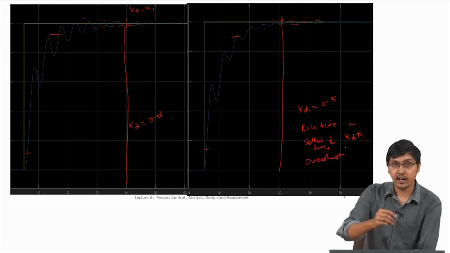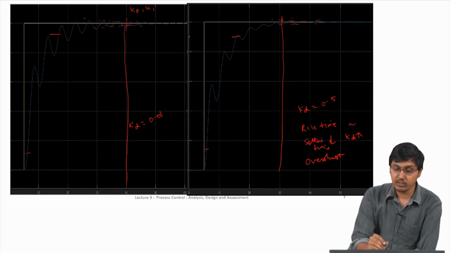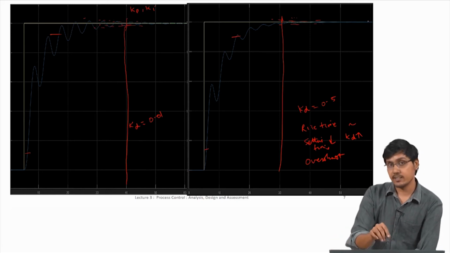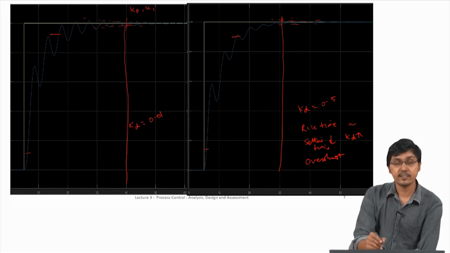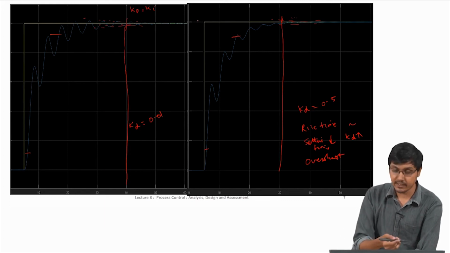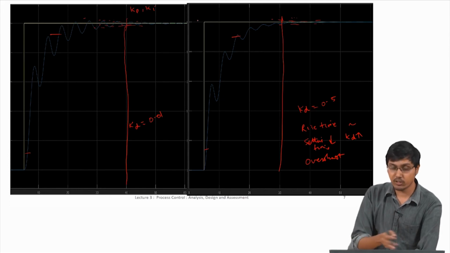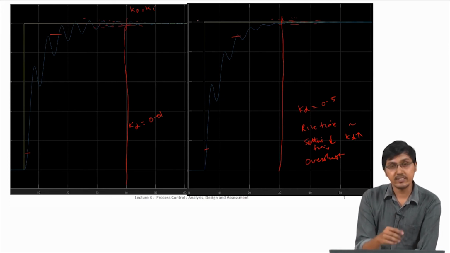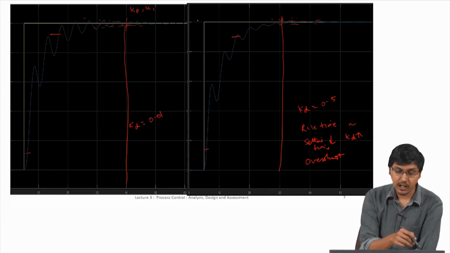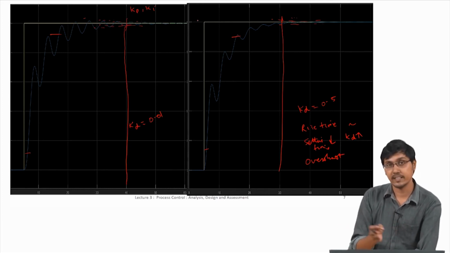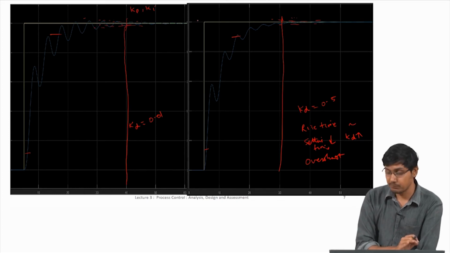And also you can see here the final value is again the set point value, because we have an integral controller. But even without the integral controller, even with just the proportional and derivative controller, you can observe all these things, which is an exercise for you. You can just put Ki equal to 0 and then observe what happens when Kd is increasing when you fix some Kp value.